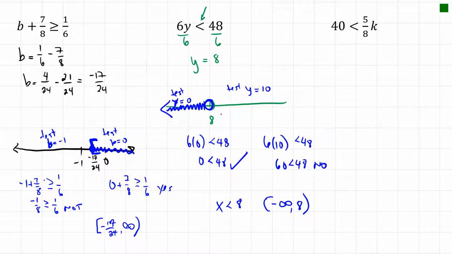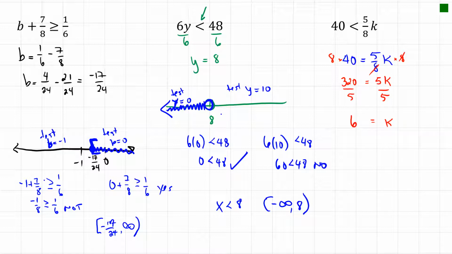So now for the last solution, we're going to again make this an equal sign. And we're going to multiply both sides by 8. So multiply this side by 8 and this side by 8. This 8 will cancel, and I get 320 equals 5k. And then I divide both sides by 5. So I have k equals